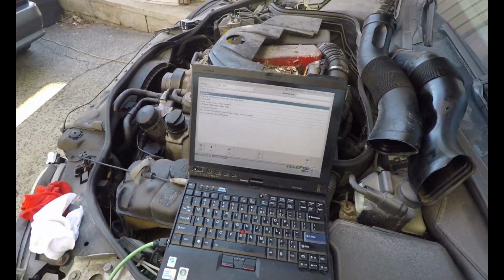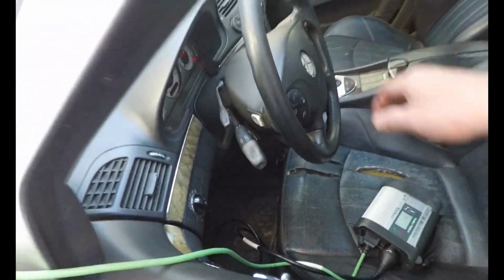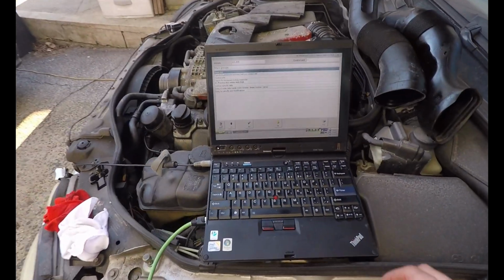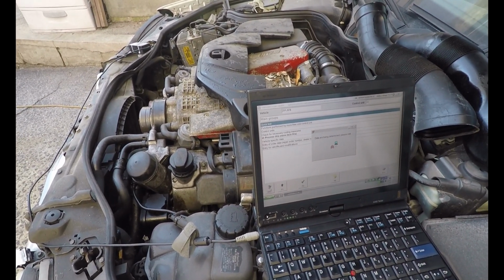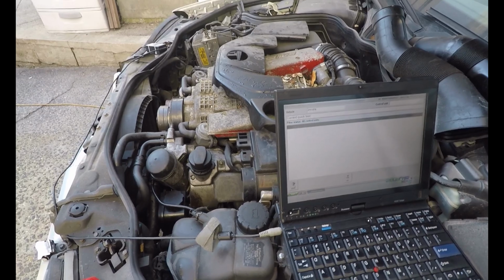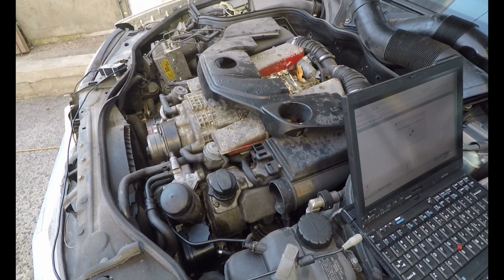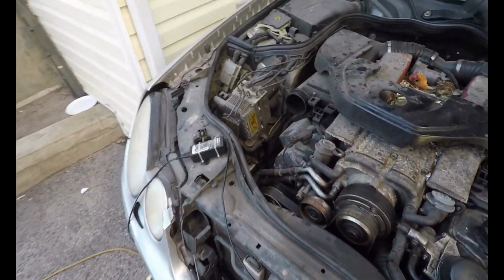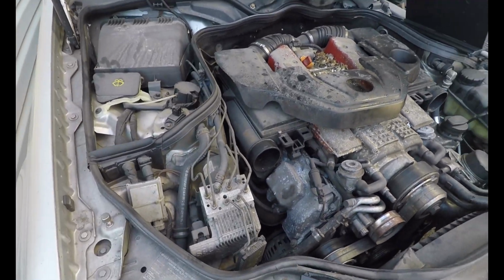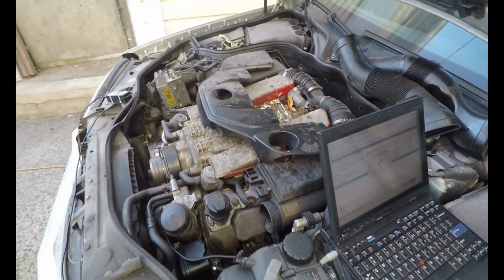The concern here is the actual miss. What I'm talking about is that we have a shake in the engine. So before I do anything, that is the number one thing I want to check up on. And later I'm gonna be making a video about this car. If I get this engine to run, and if it's just not serious, like a coil or spark plugs or what have you, then